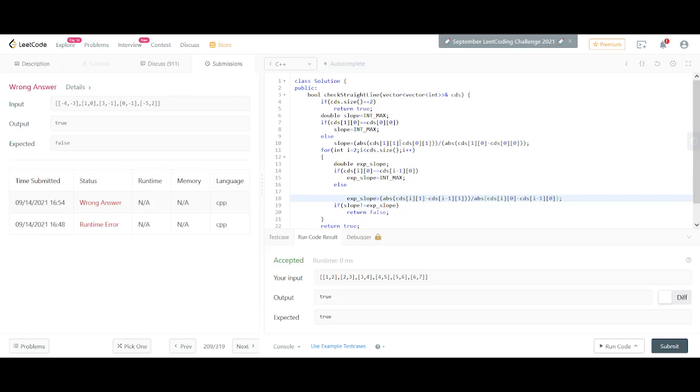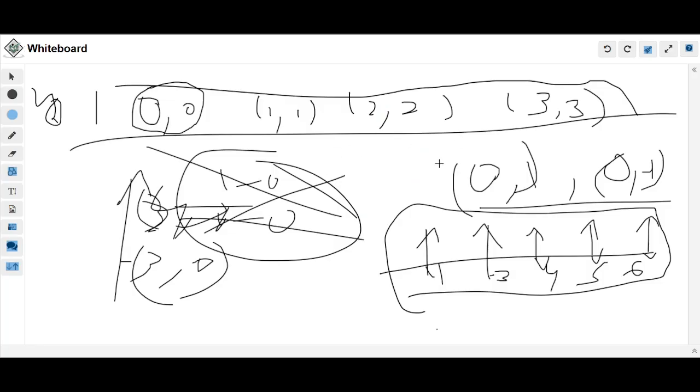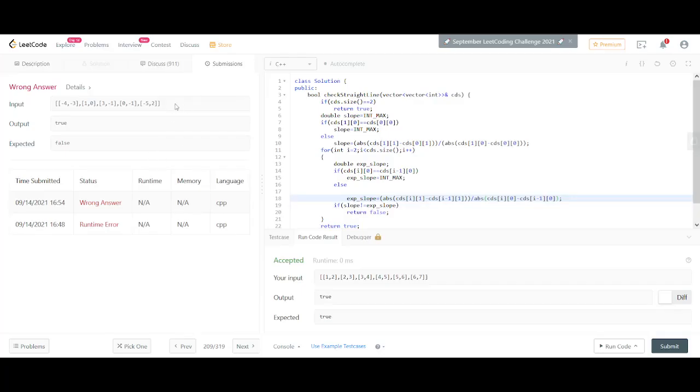Because no, okay, it doesn't, because of lines, right. What is happening in this particular case? Like -1, -3, 1 comma 0, 0 comma -1, 5 comma